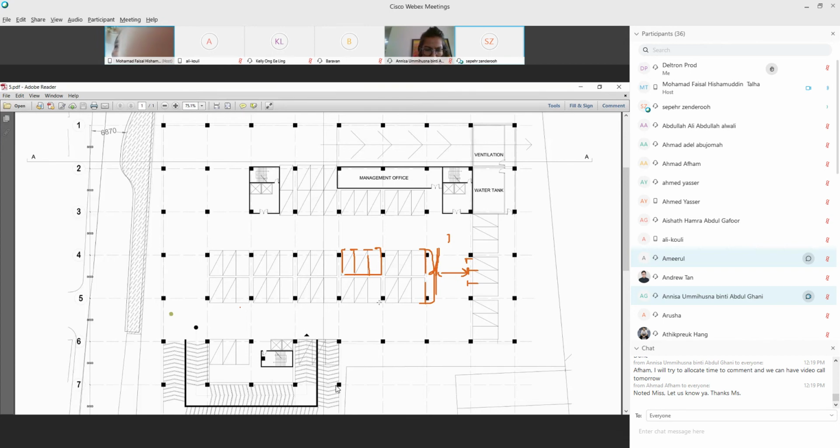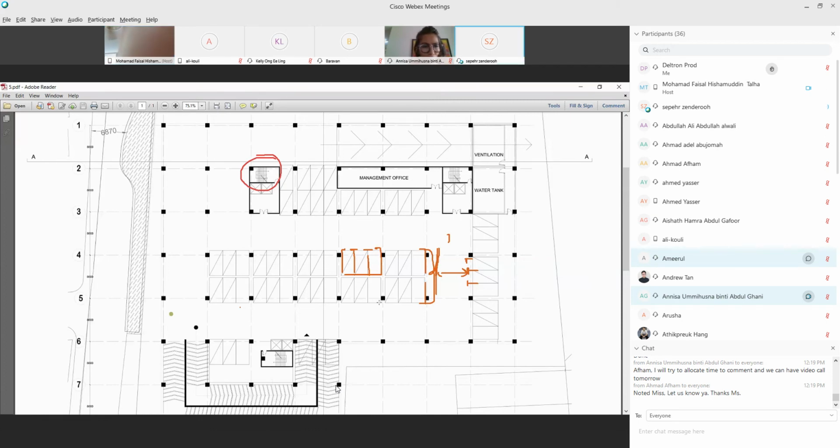And then I'm looking at your staircase. Tell me how many steps are there? 18. So what is your riser size? 1.5.